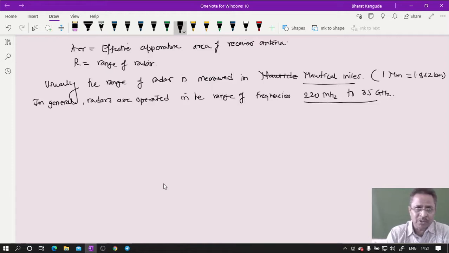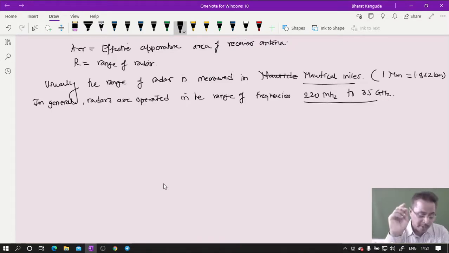I have heard this and I am not confirmed about it, but it is to be understood that the range of the radar should be almost 100 kilometers. With an aeroplane 100 kilometers away, we will get sufficient time to manipulate their distances and all the things, and then proper operation is possible at the airport. Otherwise, if the range is very small, the radar will not be able to identify a large number of objects simultaneously which are coming from all directions. That's why the range of the radar is another important parameter of the characteristics. Based upon that, we can design, build, operate, and manufacture these types of radars, and they have a large number of applications.